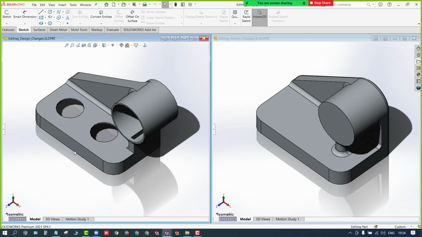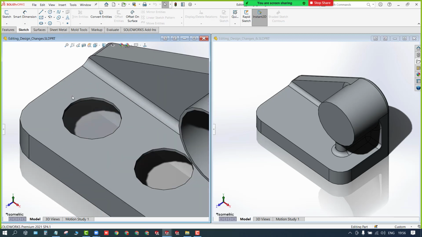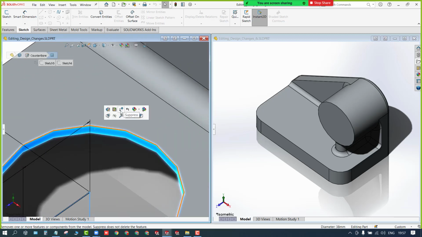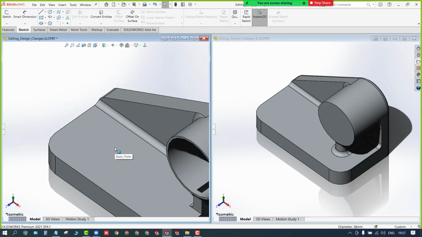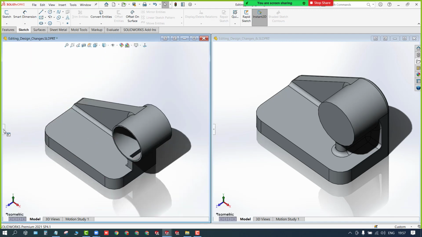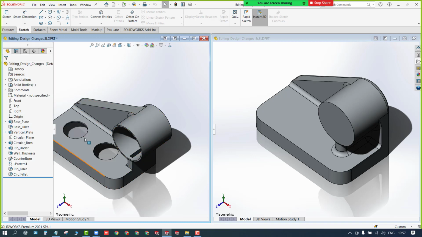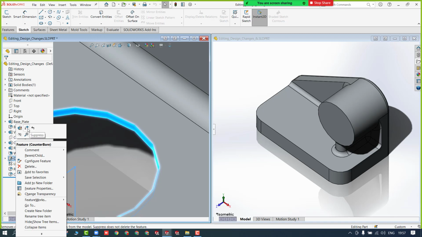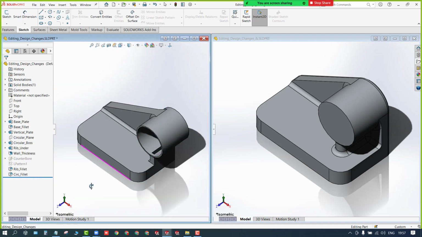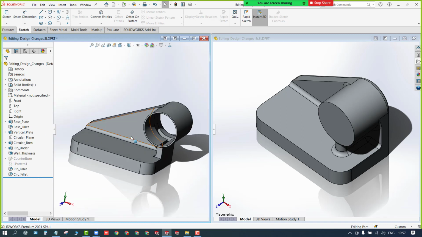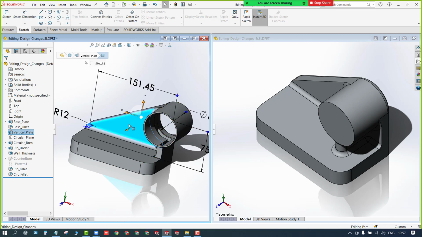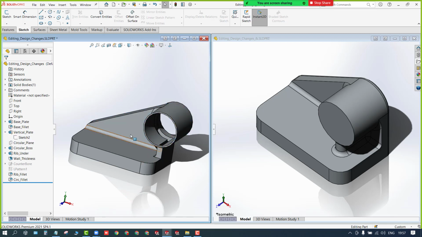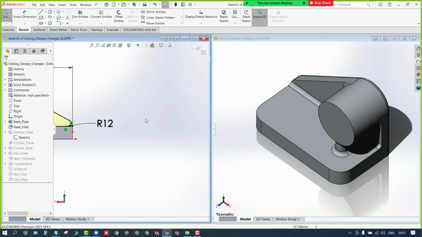We'll deal with them one by one now. You can simply select the surface and suppress it. Okay, that's gone. I'm doing shortcuts. Control Z. Here you can go inside and select this face. It will show here. You can right click and suppress. Okay, one done. And next thing is I need this sketch to be edited. You can simply select, use the drop down and select edit sketch.